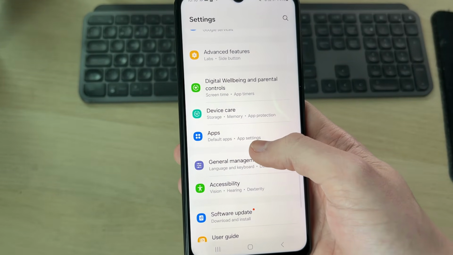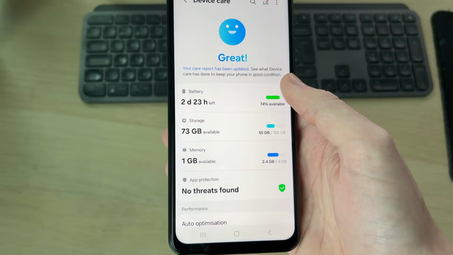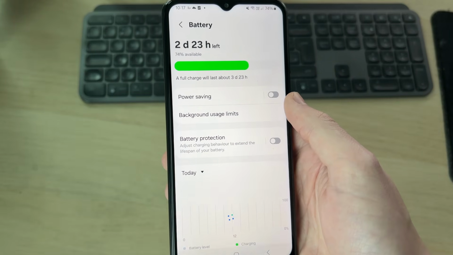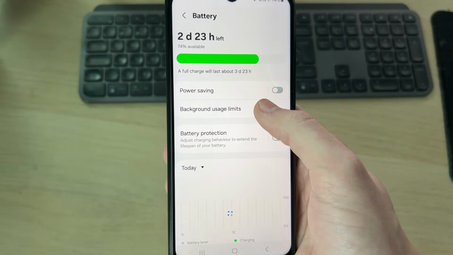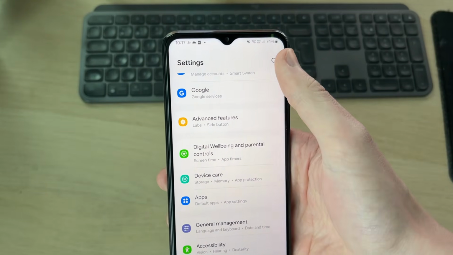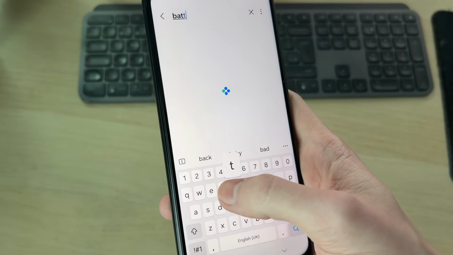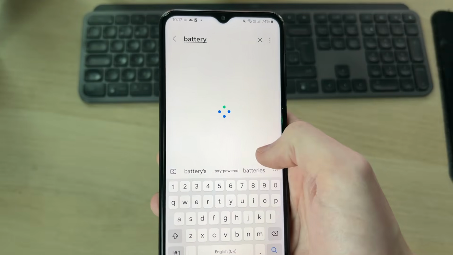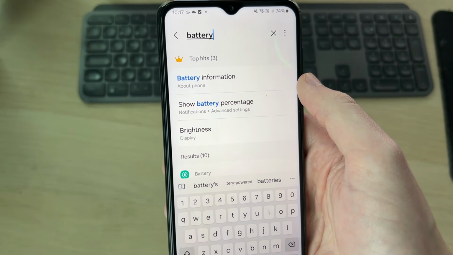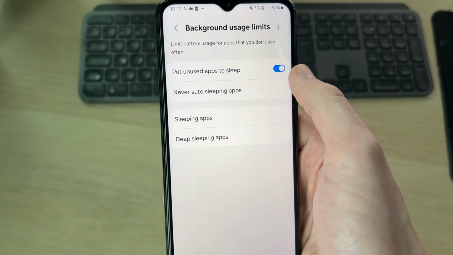And then what you need to do is find the battery settings. In this case, we need to come into device care, wait for this to load. And then find battery. And then you can find background usage limits. And if you're struggling to find battery, you can always use the search function in the top right. So you can press search, and type in battery like so, wait for this to load. And then find battery just here and tap on it. Then we can press background usage limits,